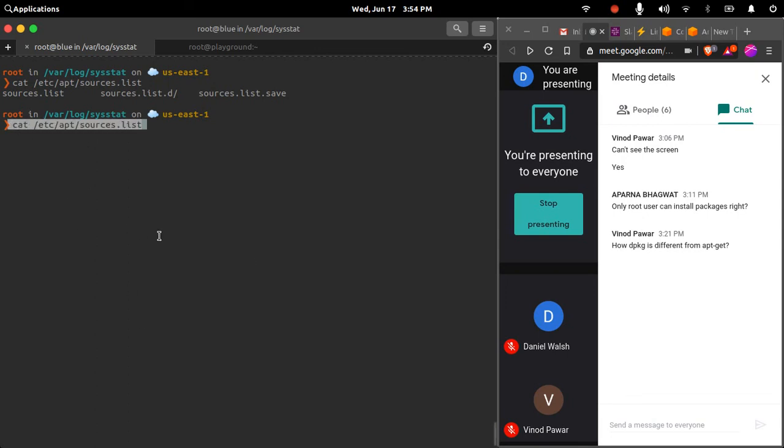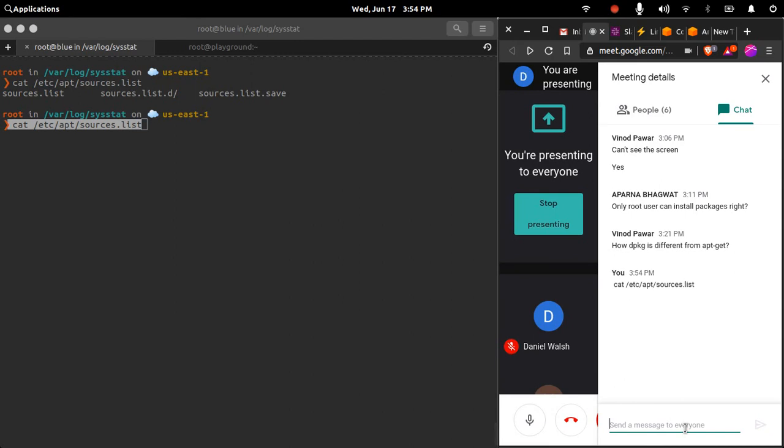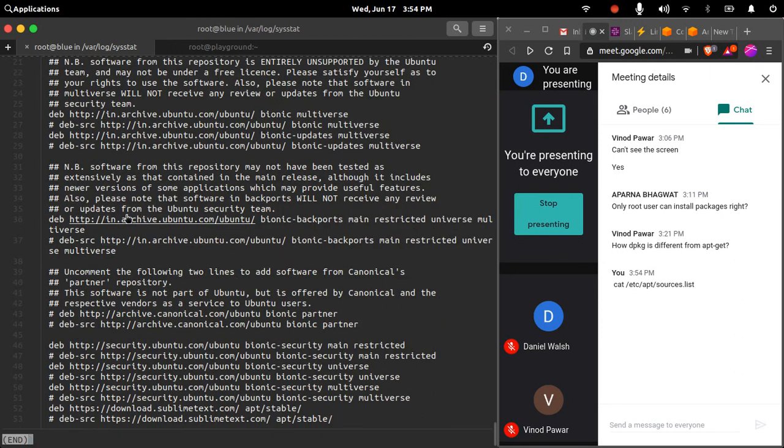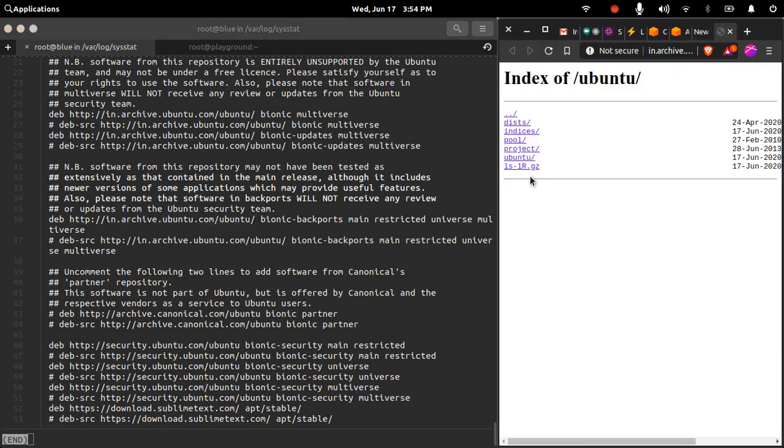So let me paste it here. In this file, if I investigate, this file contains all the Debian repositories. These repositories are the places in which the system package information is stored. If I navigate to any one of them, you will see this is the index file containing all the package related information.